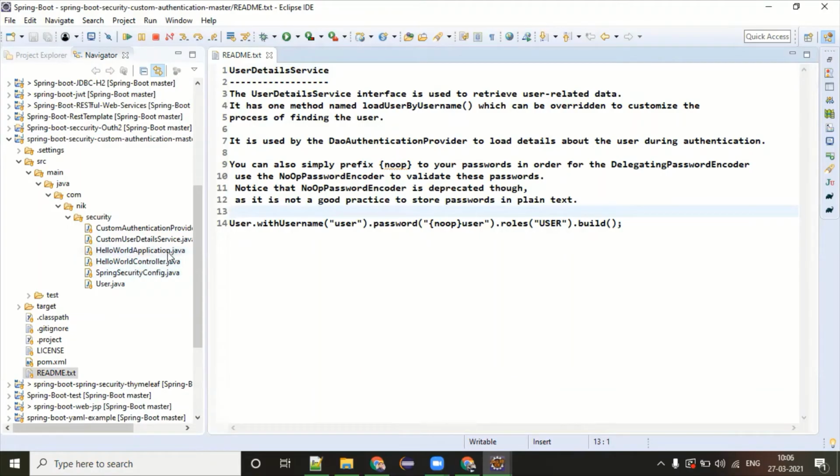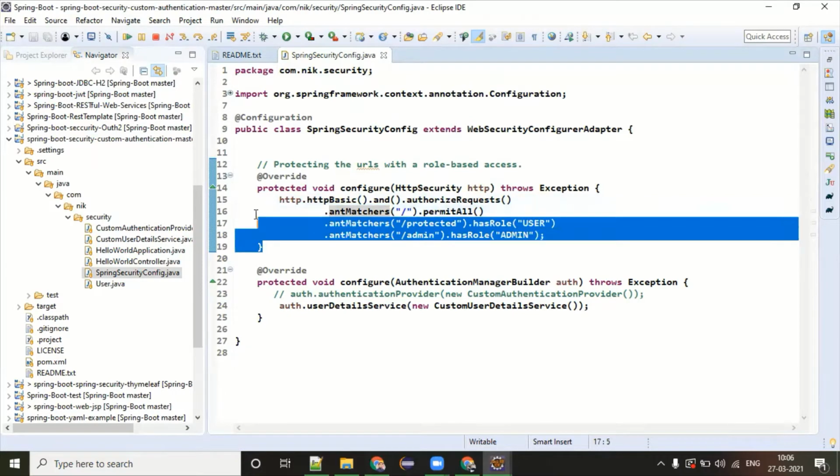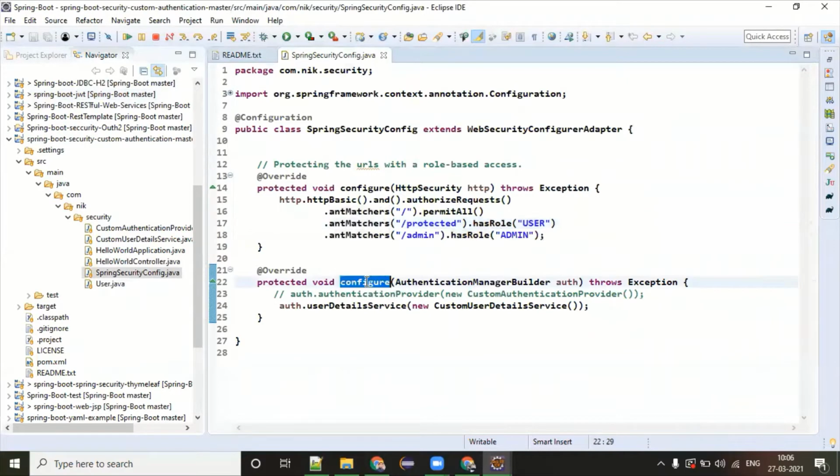Which you need to focus on is how we can provide the custom authentication provider. So when I say custom authentication provider, you remember this Spring Security Config. Last class also we were discussing HTTP basics, disabling the CSRF, antMatchers, permitAll. These configurations you have seen properly. We also saw there was one method called configure method, and last class we have used the